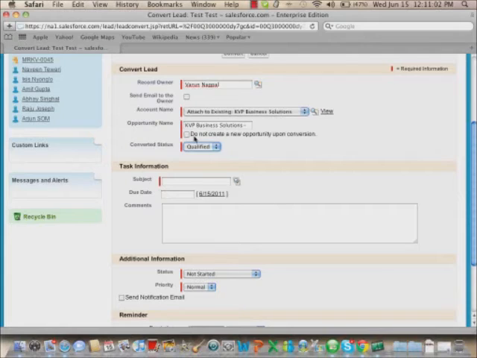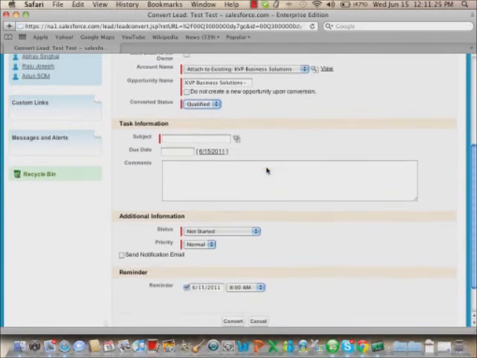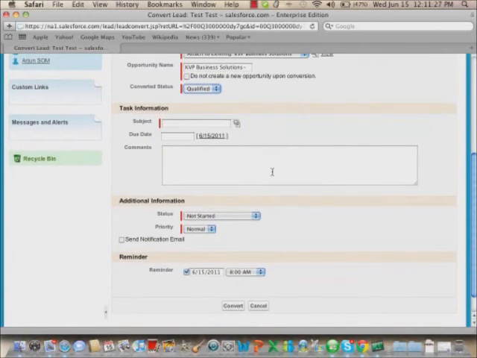And sometimes what happens is, in your business you might feel that this particular person is not interested right now, but when I talk to him after 8 months, he might be interested in looking out for some campaign. So at that time you can say, I don't want to create an opportunity right now, but I'll just keep him in my contact database. So you just keep him in the account and contact database and raise a task for yourself, right? So that's when this is used, right? So for now I'll just say qualify.